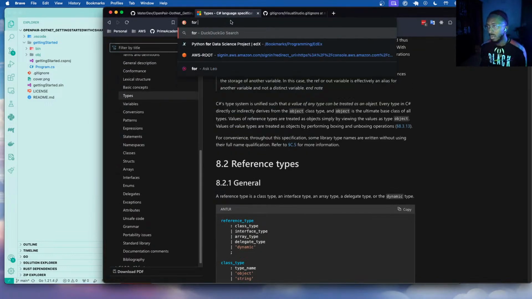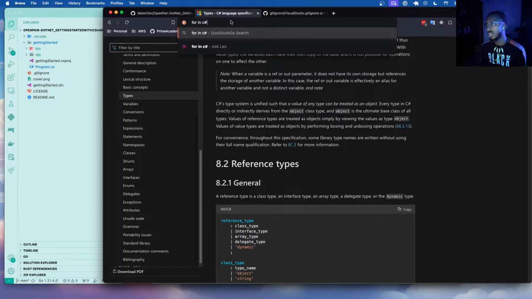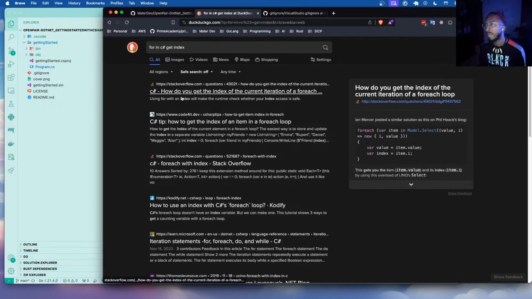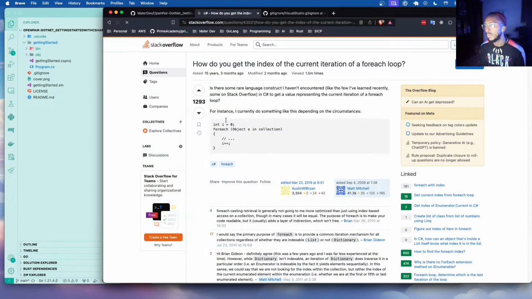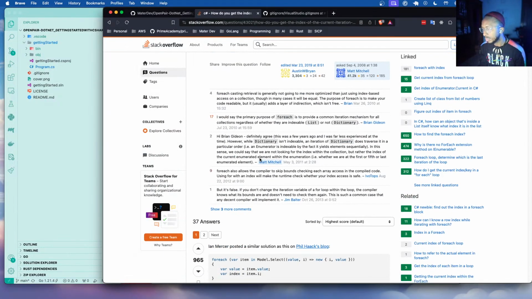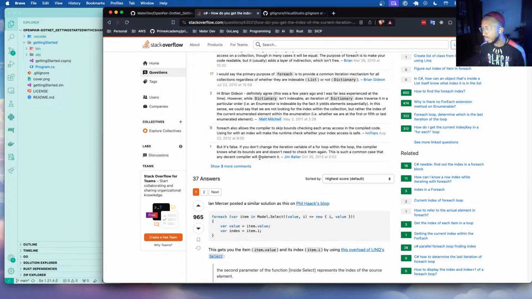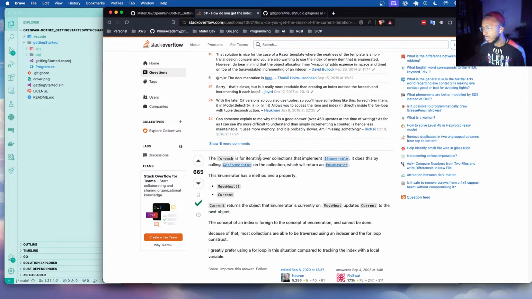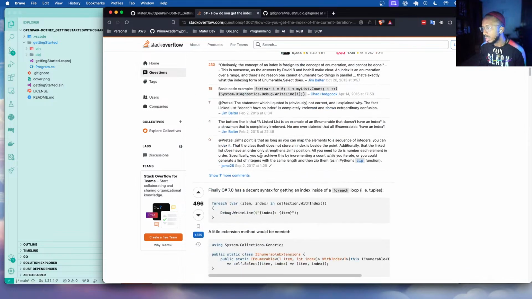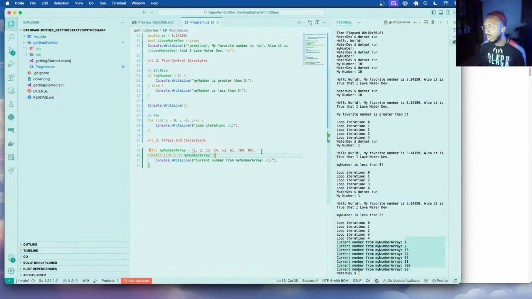For in C# get index. Is there a short? Okay. So I can do